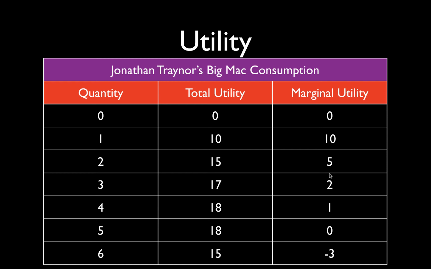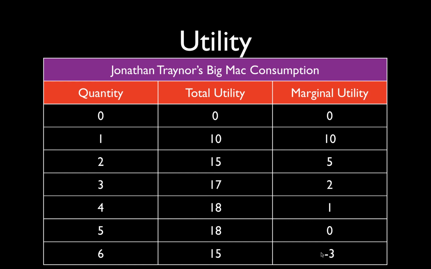We see the change in total utility went from 10 to 15, so that's 5 extra utils of happiness. Something not necessarily important to the IB course is the marginal utility of 0. Supposedly what we're saying here for the 5th good is that I would be indifferent between eating it or not at a price of 0. I certainly wouldn't be willing to pay any money for it because I wouldn't get any happiness. That'd be ridiculous, because I'd be giving up some of my limited income to get no happiness back. So I wouldn't be willing to do that. But at a price of 0, I would be indifferent about eating the 5th Big Mac.